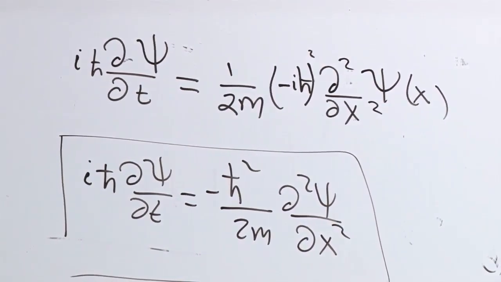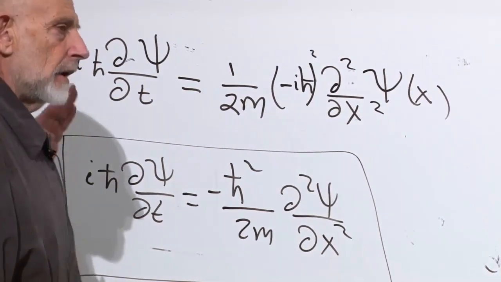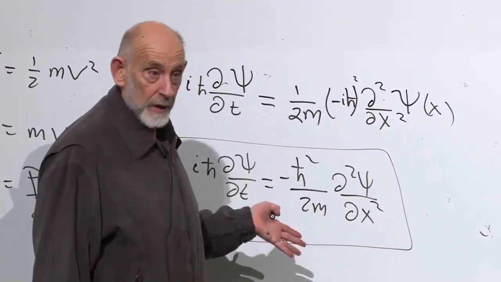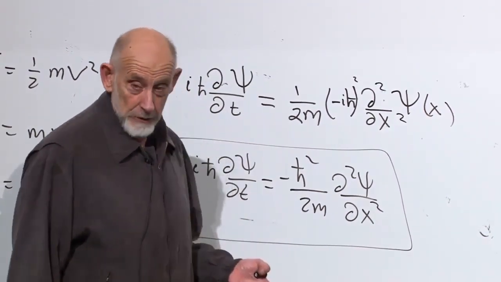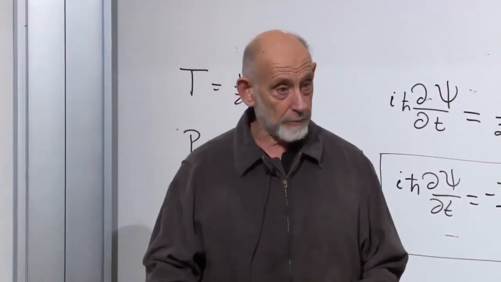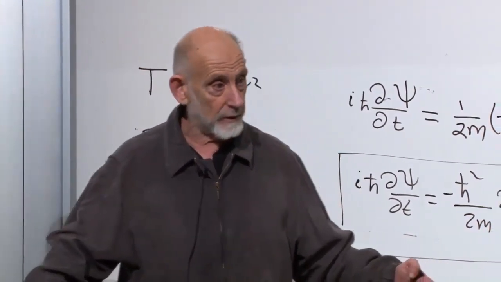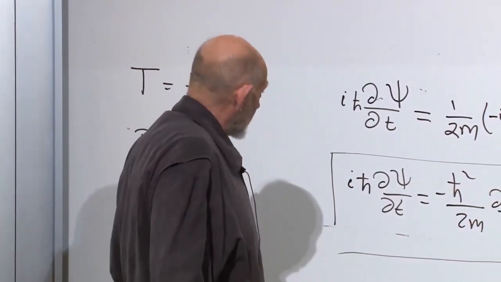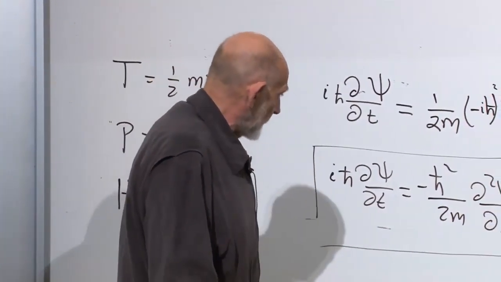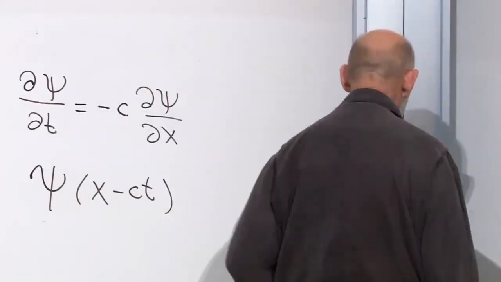Well, I'm getting a little tired, so we're going to quit soon. But waves of different wavelength move with different velocities. Because of that, the wave function does not maintain its shape. And in fact, it tends to fall apart and spread. Okay? The wave function spreads out with time, unlike this very simple case over here.